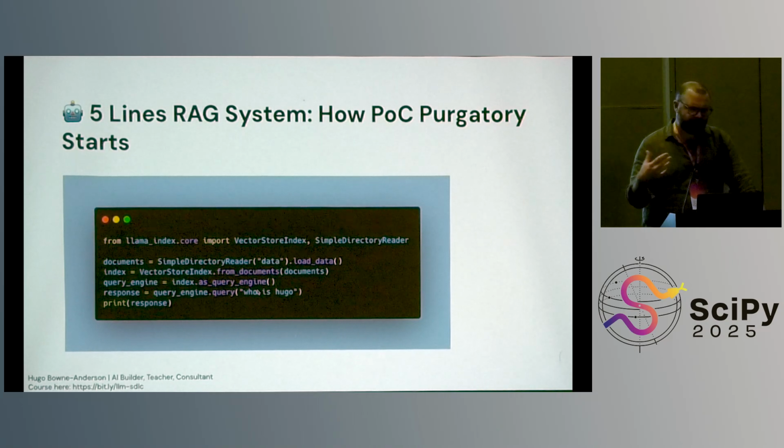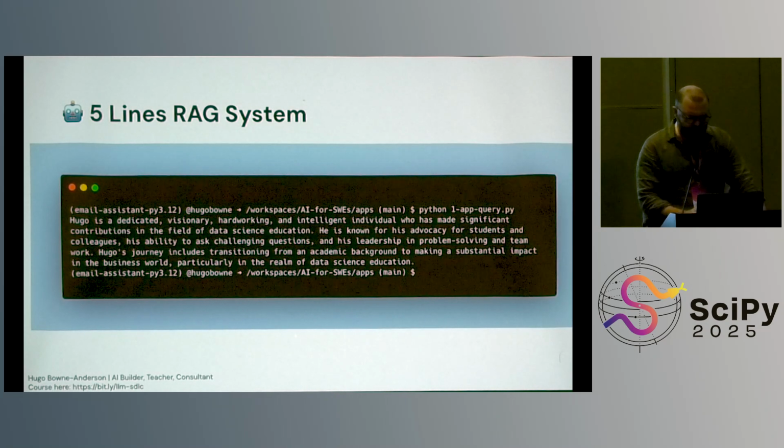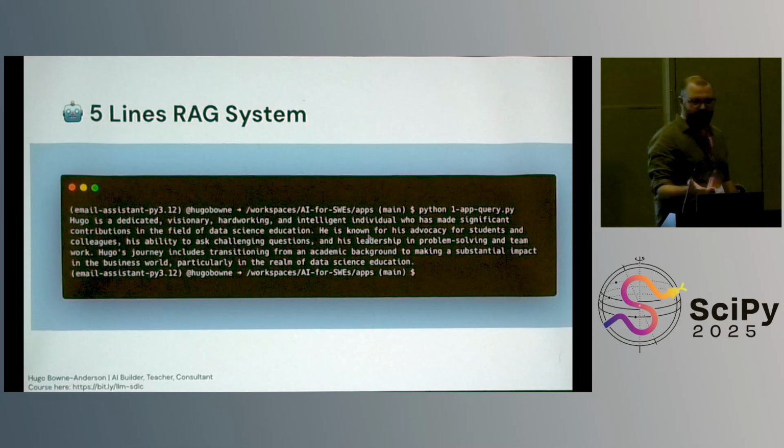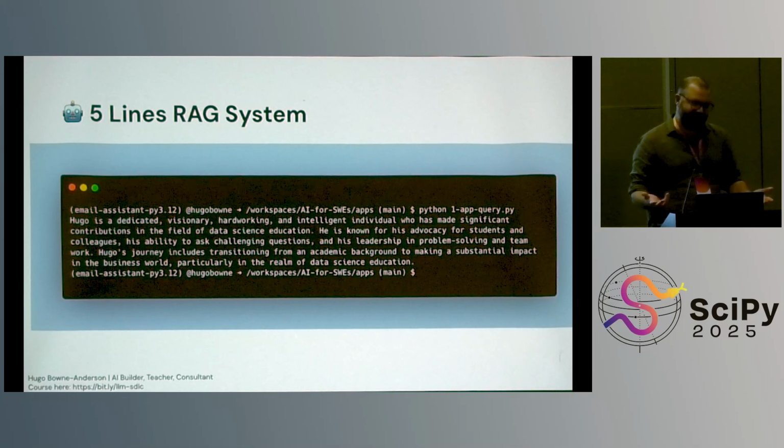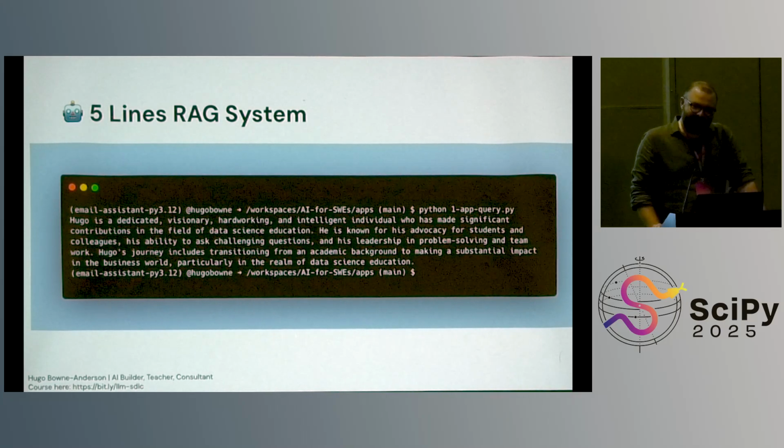The reason I did that is so that I can actually evaluate whether the output is good. But this is abstracted over a lot of the details, which we'll get to. So when you do this with my LinkedIn profile, it says Hugo is a dedicated, visionary, hardworking, and intelligent. This is just fantastic. Once again, this wasn't in the spirit of narcissism, but to check whether it would say the truth or not, and it clearly has fabricated several. Yeah, that's my own bio.